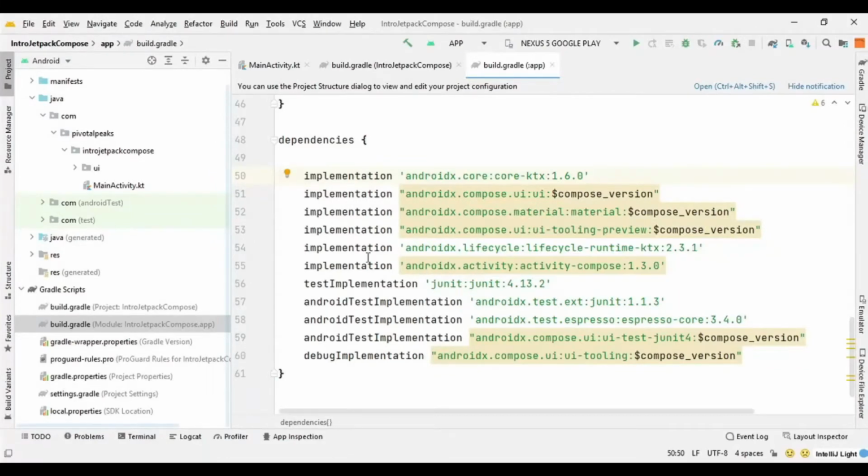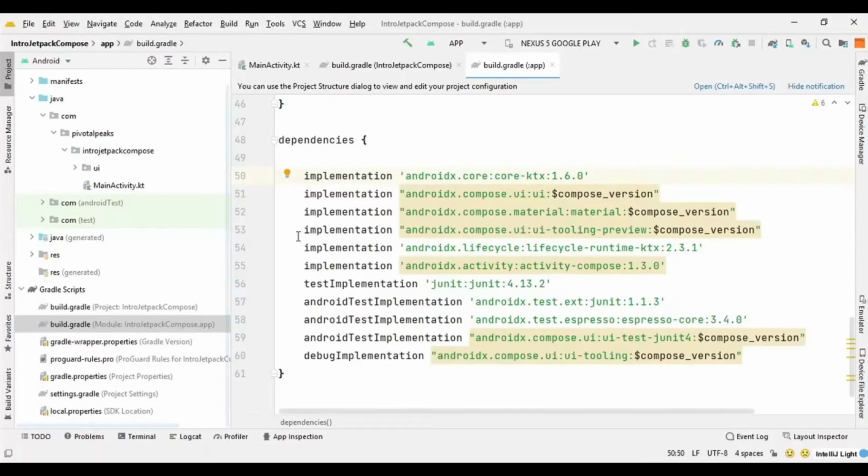So make sure to have at least the core dependency, UI dependency and compose material dependencies, because a lot of the buttons and text, most of these items, come under the material dependency. If you remove this, then you won't be able to use the material buttons or anything related to material.